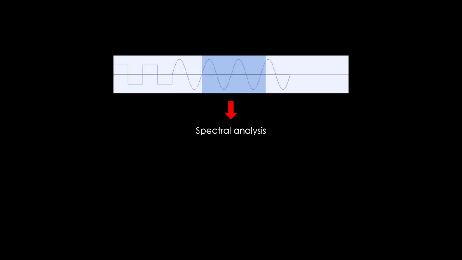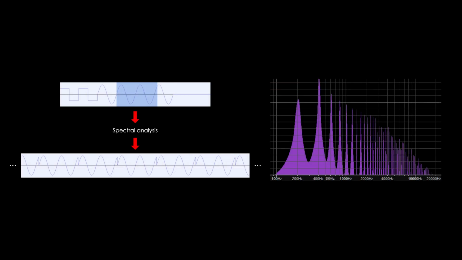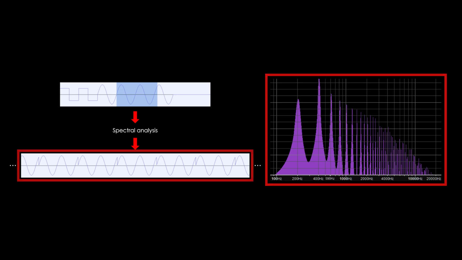However, if I select a portion of audio so that the sine wave cuts off here, then the Fourier transform sees this selection repeated infinitely, with these discontinuities. So, the Fourier transform will be processing a waveform that sounds like this. Although the waveform looks almost identical to a sine wave, the timbre is quite different. For this wave, this is the spectrum that the Fourier transform gives us. As with the timbre, it is quite different from what we would expect for a sine wave, because now we need all of these sine waves to achieve this waveform.